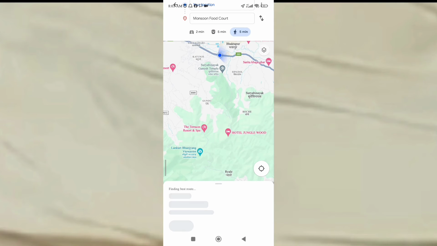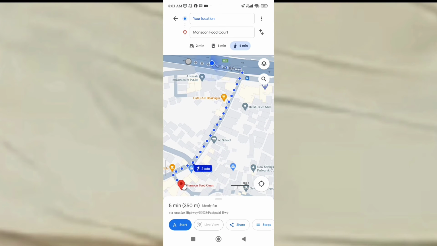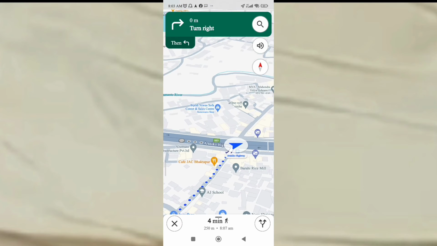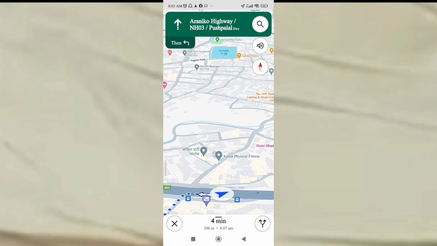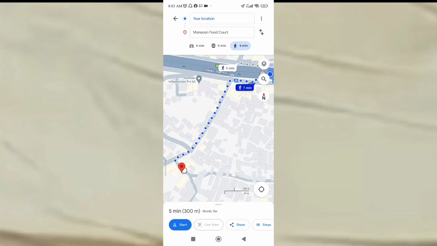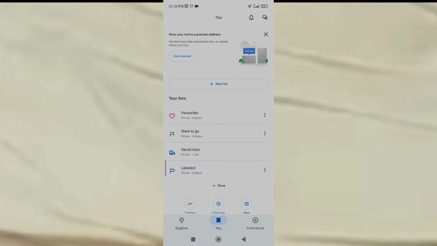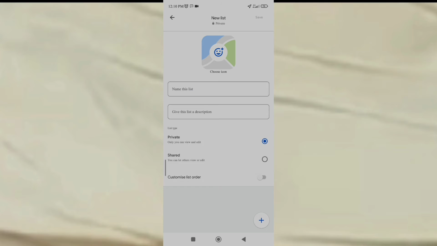As you can see here, these are all the different options. And as I click on the directions button, it will show me the highlighted map. As you can see here, it's a really easy and accessible way of finding places. And now as I click on the You button, and then click on the new list button,